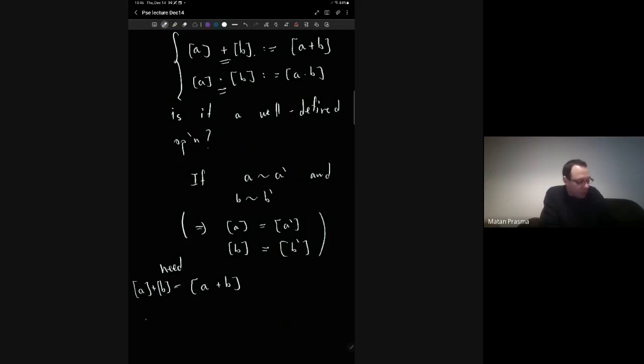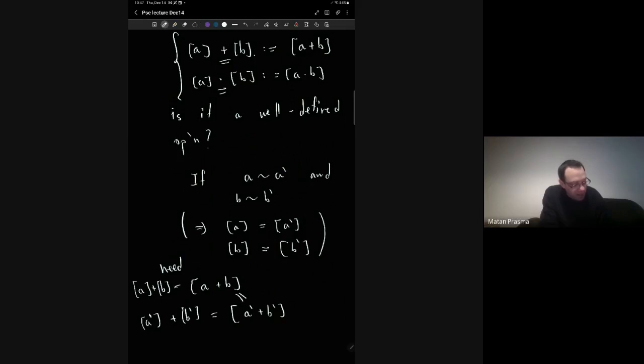But I could also write the equivalence classes as A prime plus B prime, and it's supposed to be the same. It is the same expression, right? But by my definition, I defined addition as addition of representatives. So I do A prime plus B prime, and potentially